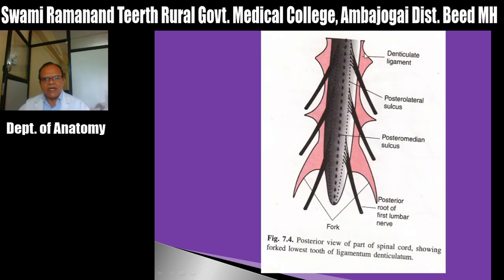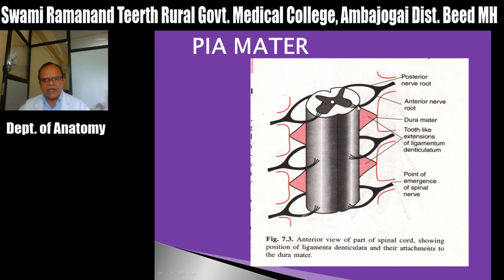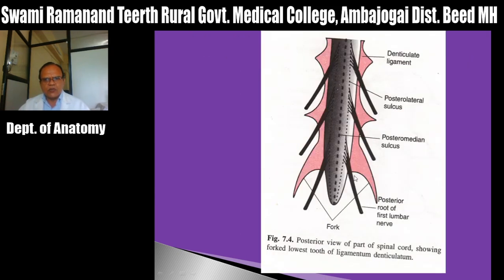Now the ligamentum denticulatum, when you see it from the anterior aspect, looks like a tooth-like process. Anterior. When you see it posteriorly, it looks like this. And the last ligamentum denticulatum looks like a fork-like thing. This is the 21st. There are 21 pairs, on the right and left side. Can you see this last tooth-like process, which attaches the spinal cord to the dura mater and the arachnoid mater in order to hold the spinal cord?